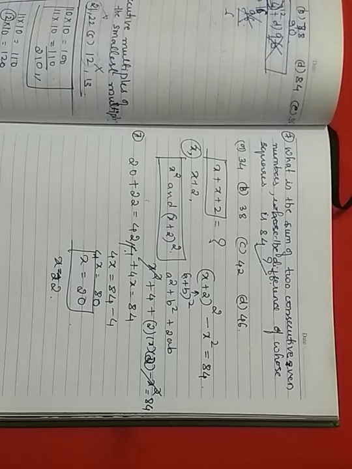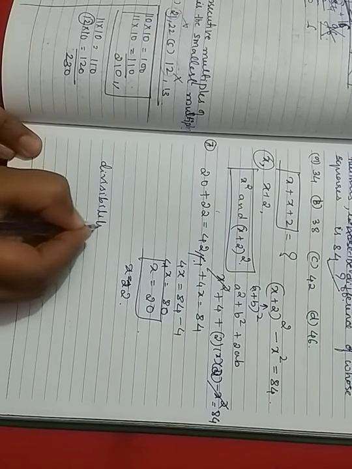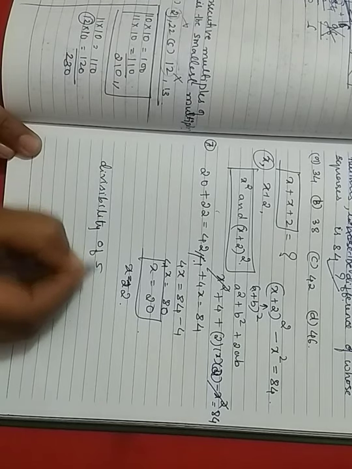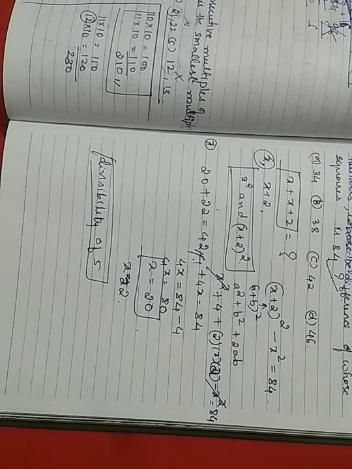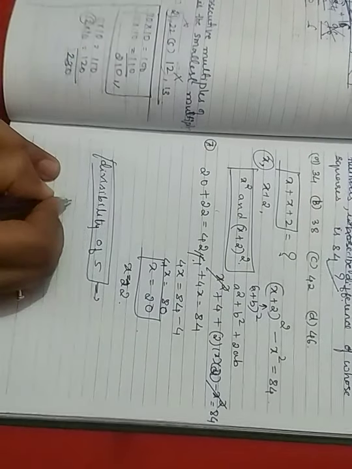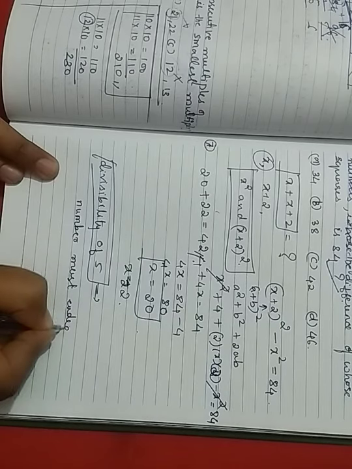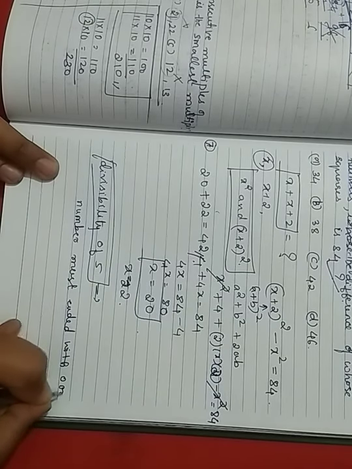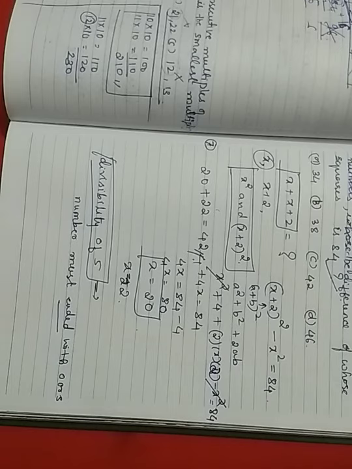And in that PDF, you just need to correct one more thing in the divisibility rule. Go to divisibility of 5. There I have given that the number should be divisible by 0 or 5. But just correct it. The number must end with 0 or 5. It is not divided, it is ended. Just correct that. And I'll be uploading the next video on divisibility rules.